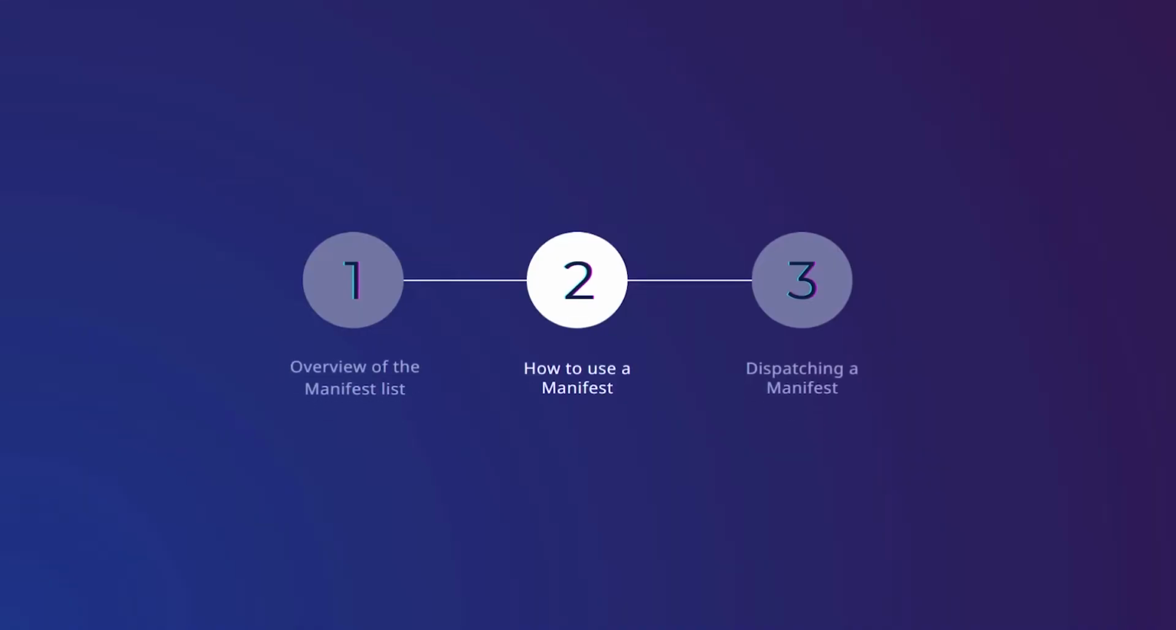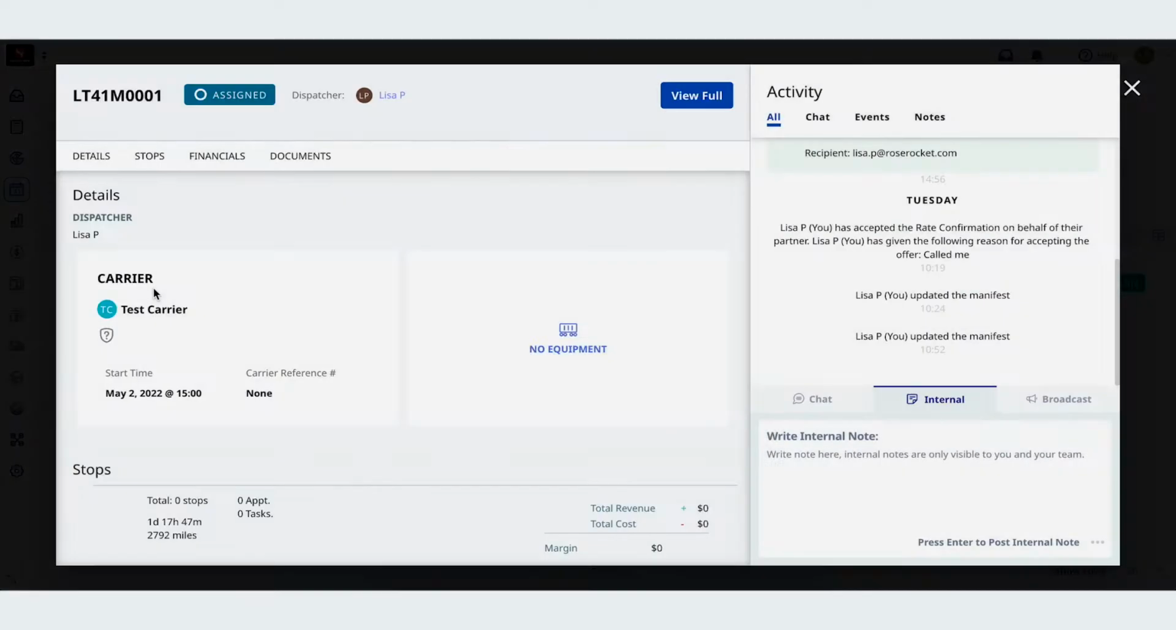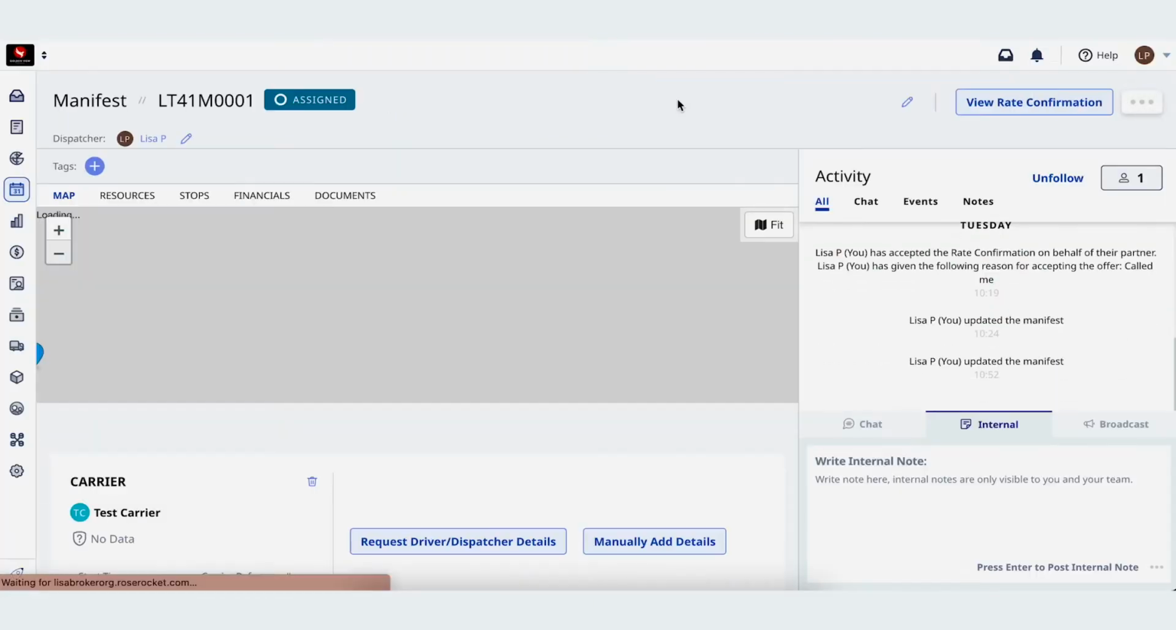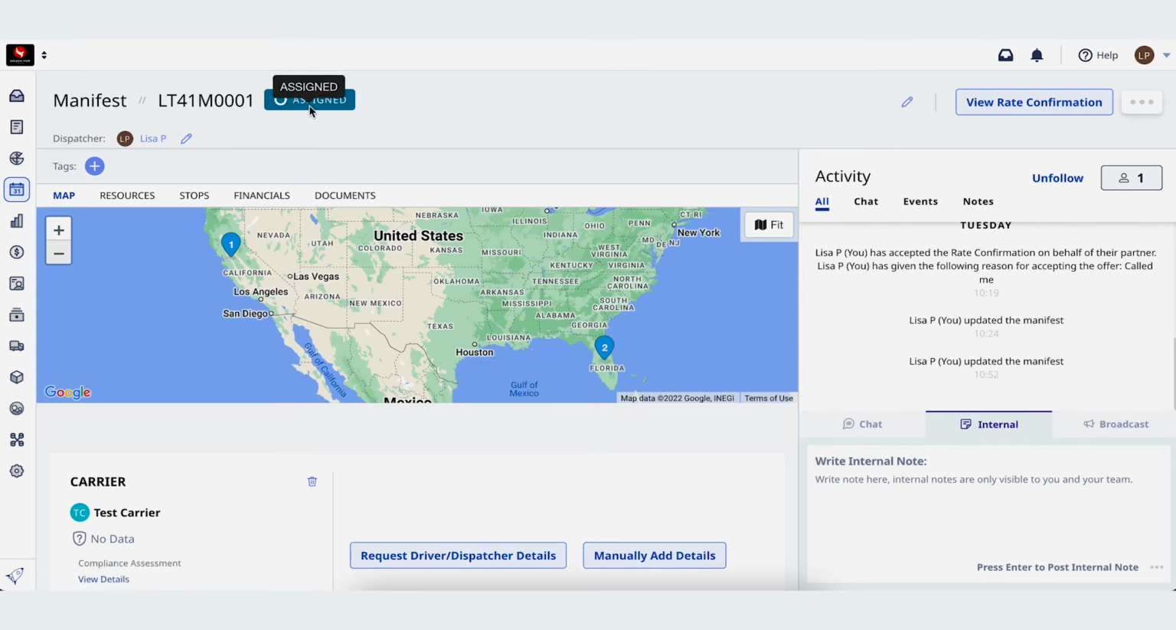Now that we've gone over how the manifest list works and how you can use it to find updates on your shipments, let's take a look at a specific manifest, which we call the manifest details page. Now, the first thing you may notice about the manifest details page is the manifest ID and the status that it's assigned to. The status will update as your shipment is moving, and these status updates will also be shared